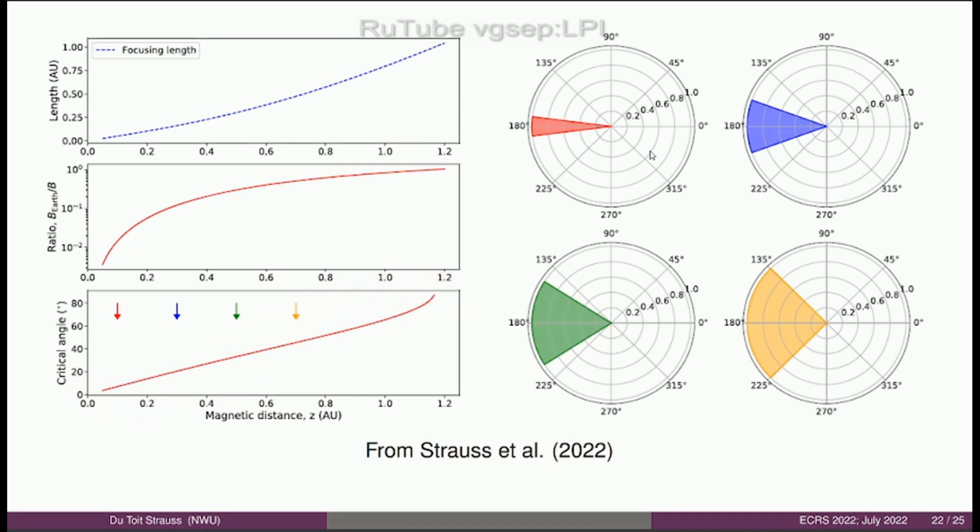Well, we have a very big magnetic field gradient close to the sun, so you will have a mirroring effect, and you'll get a loss cone distribution, and only some particles might make it back to the sun. So if you're at 0.1 AU, this red arrow, only very few particles in a very narrow cone